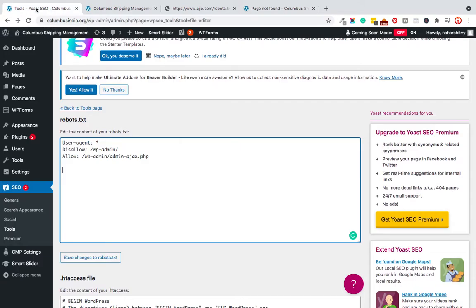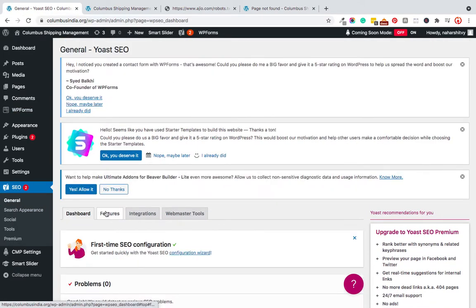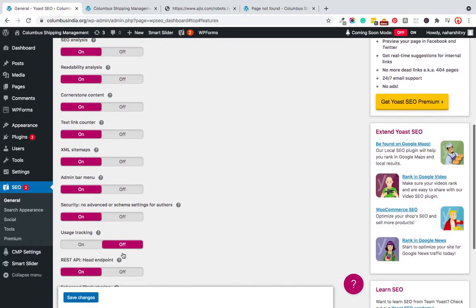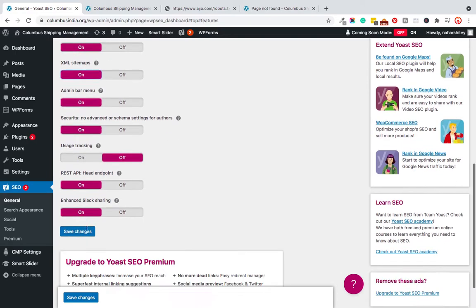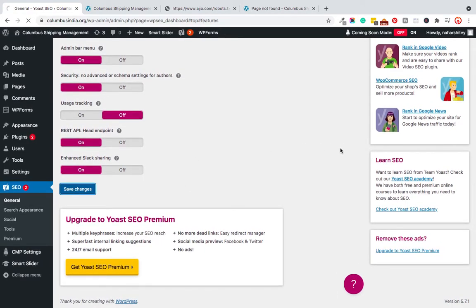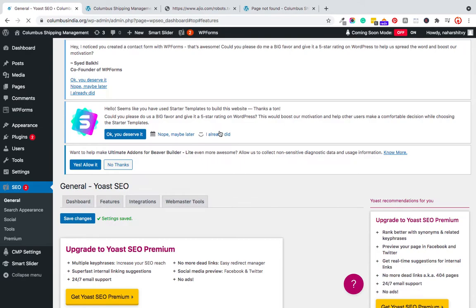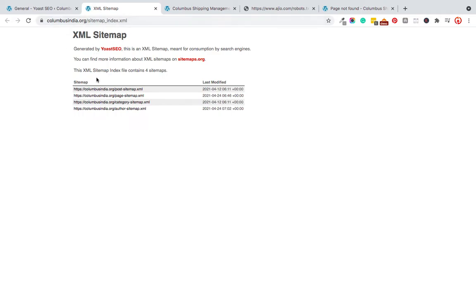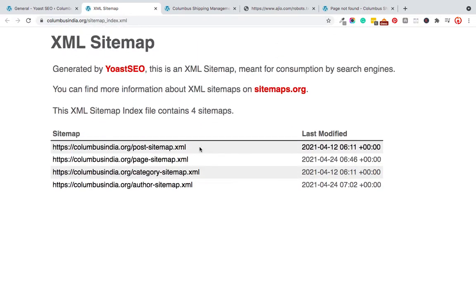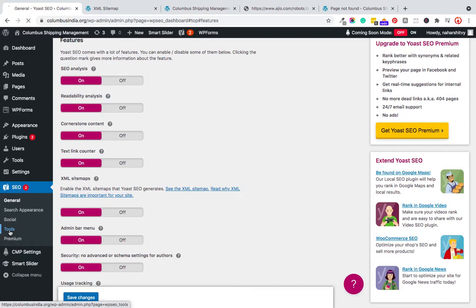Or in that case, we can go to Yoast, go to General, and see if our sitemaps are on or not. If you see, yes, our sitemap is on. Now, when you click on sitemap, see the sitemap. So now it's showing the sitemap. So all what we are doing is we are also giving this particular sitemap in our robots.txt file. I go to my robots.txt file in tools,